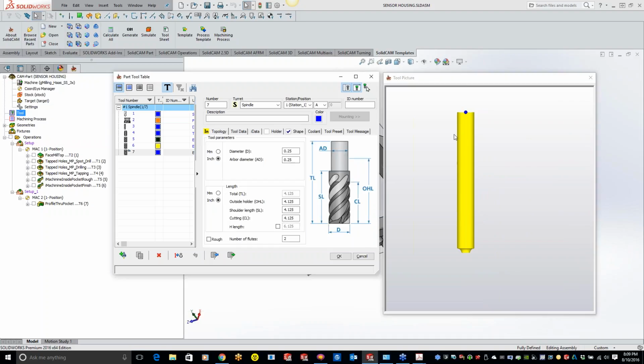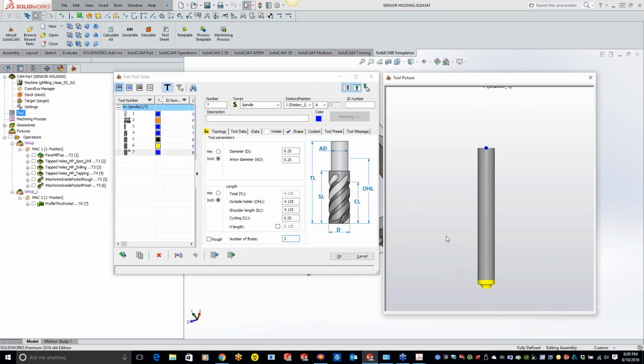You will notice everything is yellow, basically meaning that everything is a cutting flute. Well, that's not true. We don't have 4.125 of cutting flutes. We only have 0.25 of cutting flutes. So right there is our cutting flutes for our radius, using a 1/8 radius. We have a 0.25 tip diameter and a 0.5 upper diameter. Then you can just do a profile operation and grab that tool. So does that answer your question, Sam?